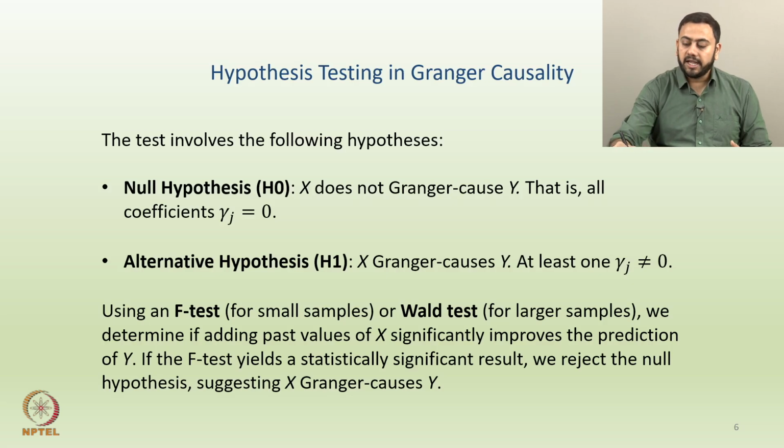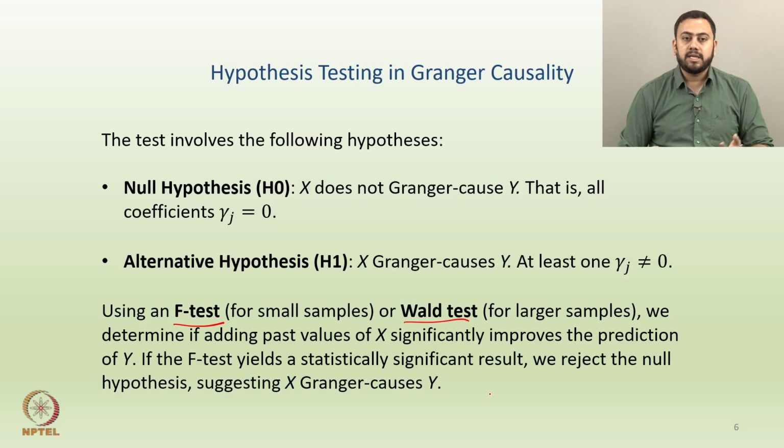Now, firstly, a couple of things to remember here as a summary. So, let us say the direction we are picking here is like this. So, we are finding out if x Granger causes y and not the other way around, right. So, I think this first point should be etched in the mind, that the direction is from x to y, similar to any other regression equation we have, right. And in this spirit I can actually use two tests. So, the first one is the F test, which is the usual test, nothing but ANOVA that we used in regression, and the F test could be used for smaller samples, but when the sample size is large, then one can actually apply the Wald test.